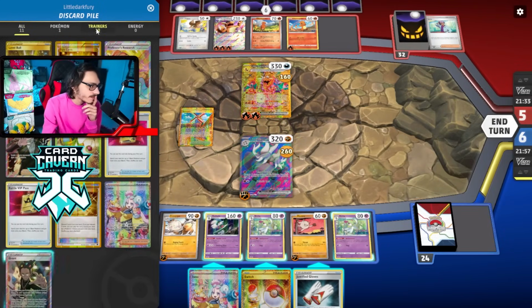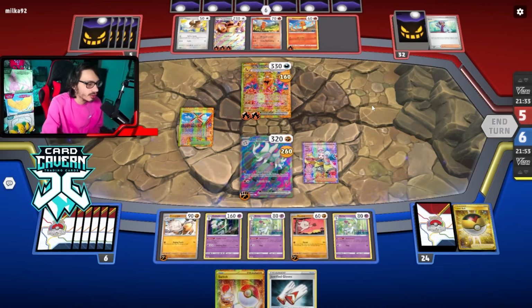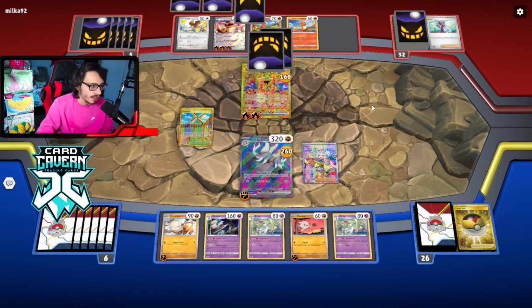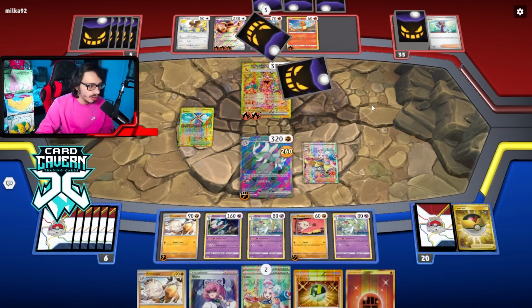Need an energy, though. I want to save the gloves. Yeah, I'm just going to Iono. I don't want them to have Pidgeot or another Rare Candy start, so I think we Iono. Yeah, I should have Seismic Tossed. I'm regretting that. But we are gonna...